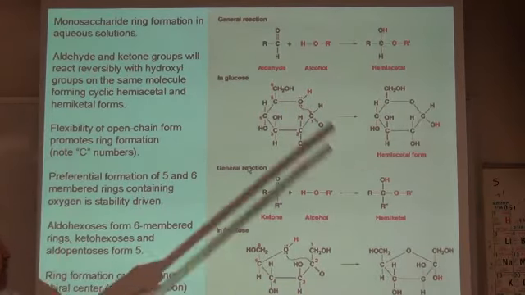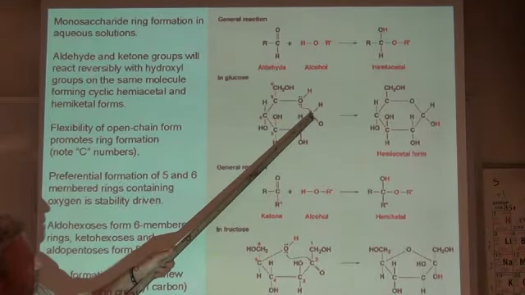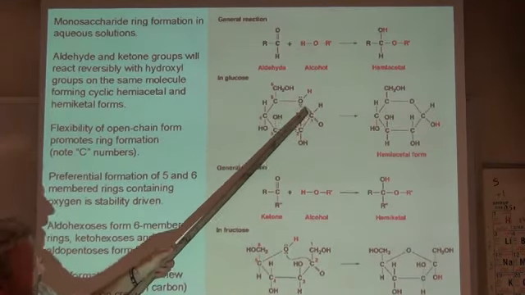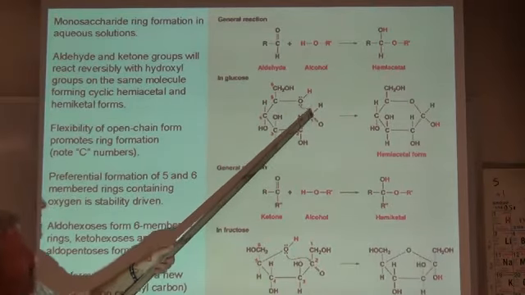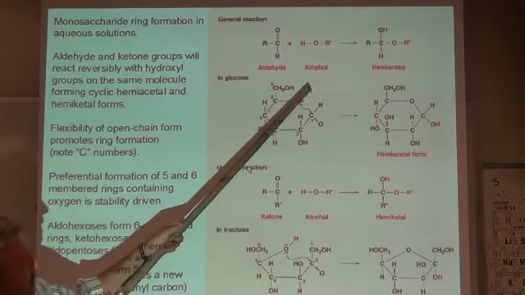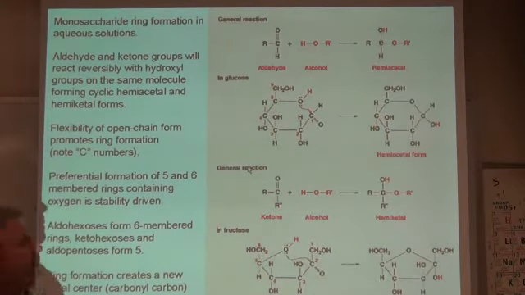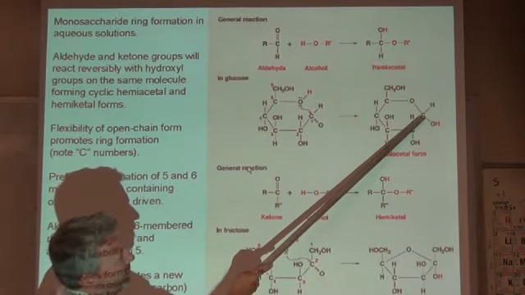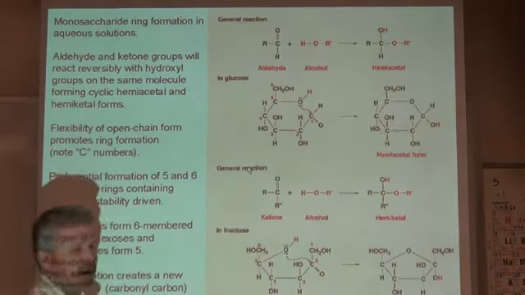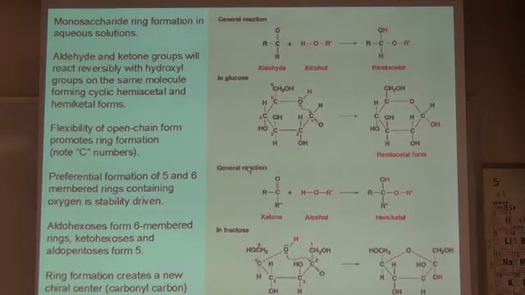It's not chiral. But once this thing reacts and closes, the OH attacks the C1 carbonyl. This is going to kick electrons up and produce a negative charge here, and then this hydrogen is going to add over there. We don't really care about the mechanism. But what happens is this carbon ends up having 4 different groups attached to it. It now becomes a chiral center. When the ring closes, we create a chiral carbon that wasn't there originally. We call this an anomeric carbon.